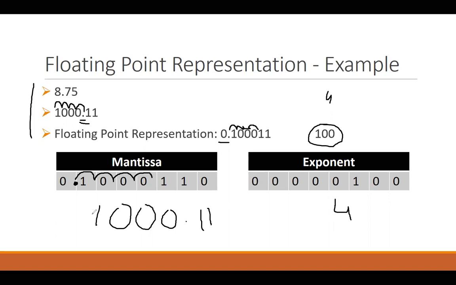So this is what the floating point representation is going to do for you. You can see that actually this was multiplied by 2 raised to the power of this. But as I told you, we just ignore writing 2 because the use of 2 as radix, as base, is implied.